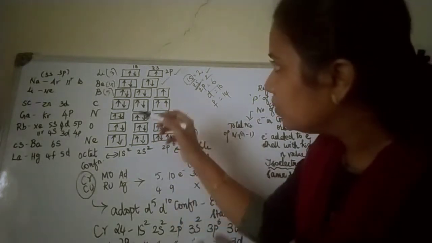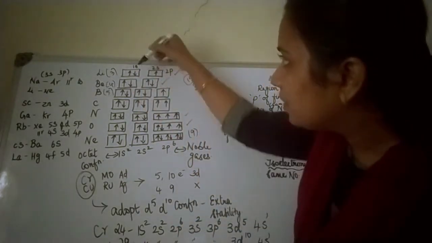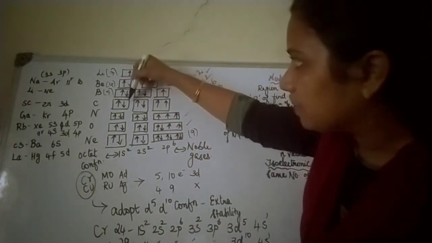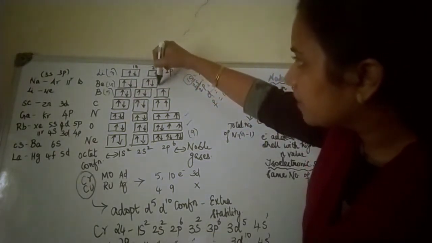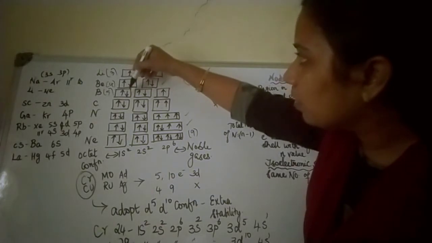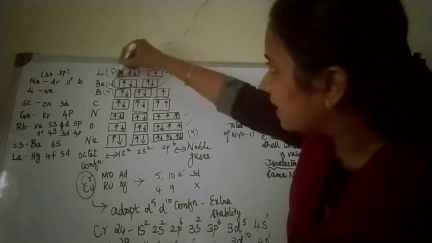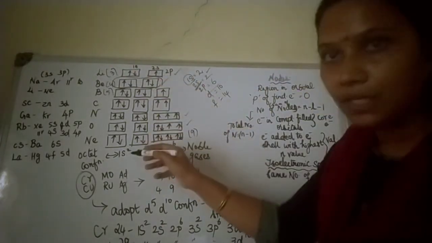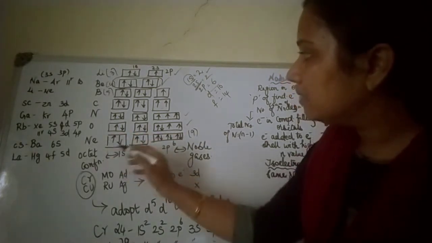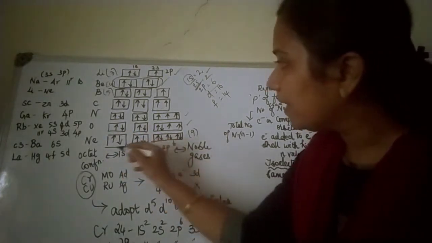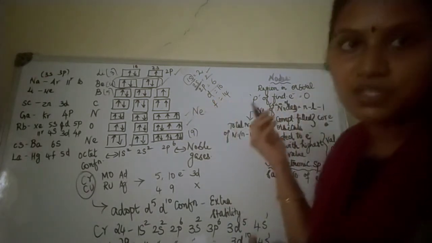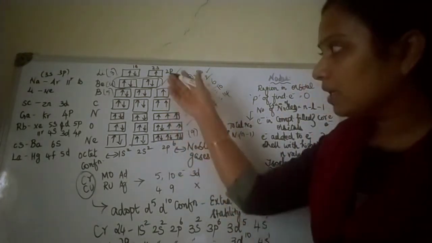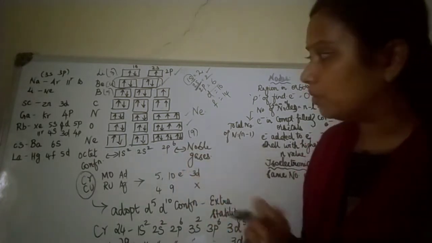See, because from lithium this 1s is the same, right, children? And from beryllium this 2s is the same. So instead of writing every time, from boron onwards you can write this as lithium and then continue. After neon you can write the entire configuration as neon, then start your configuration like that. That's for simplicity, but when you are comfortable with your own procedure, then no problem.